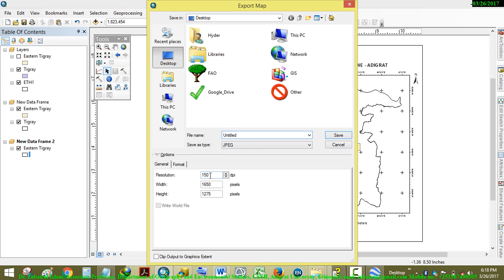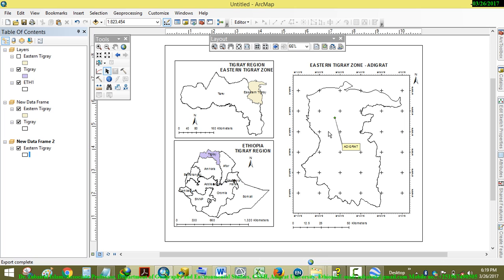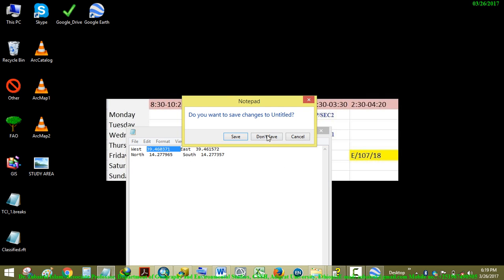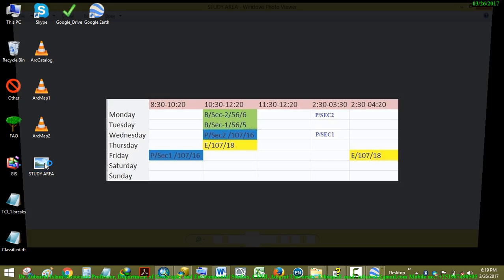and here it will be better if you are giving 300, because in most of the research papers, they ask the images should be 300 dpi, so make it 300 dpi. Desktop I am giving here, by the name of study area. I will save it. Now your map is here by the name of study area,